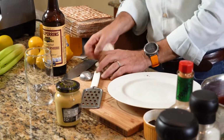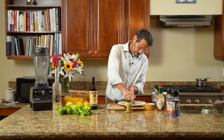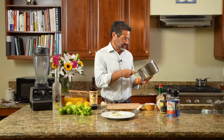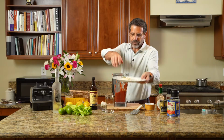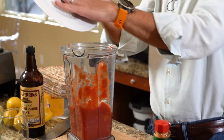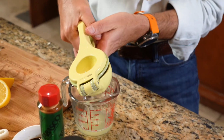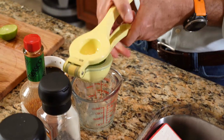After you cut the skin, you need to grate it. You need about 2 tablespoons. Some of us like more, some like less. Tomatoes, pour it into a blender. We add the horseradish. So I need 3 ounces of lemon juice and 4 ounces of lime juice,